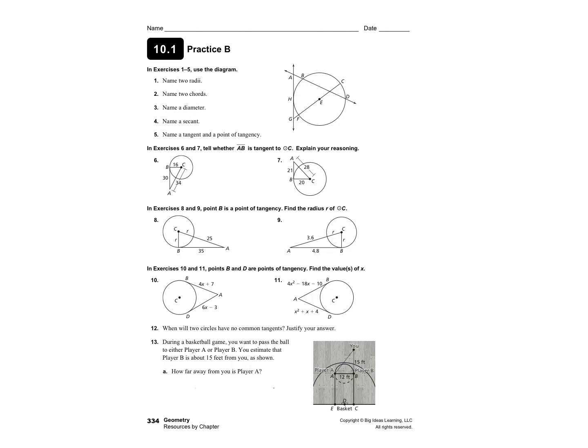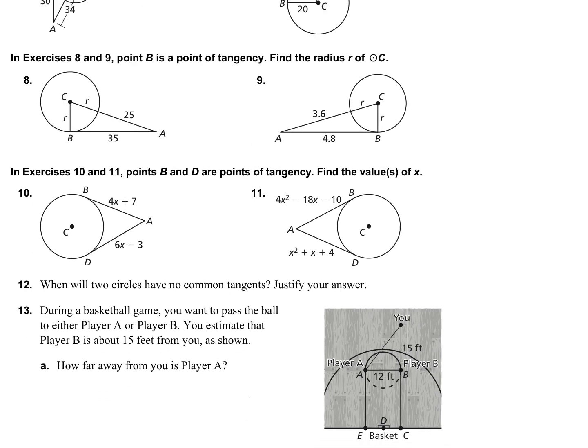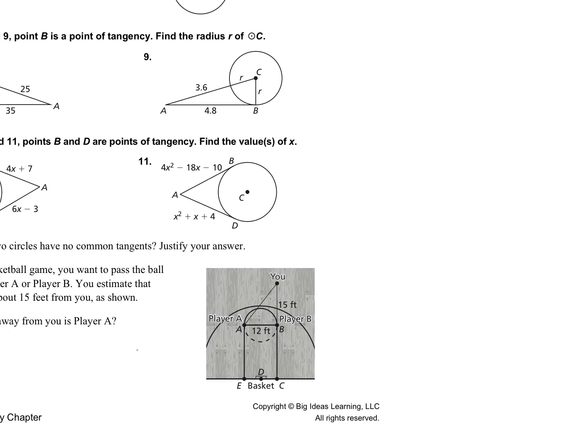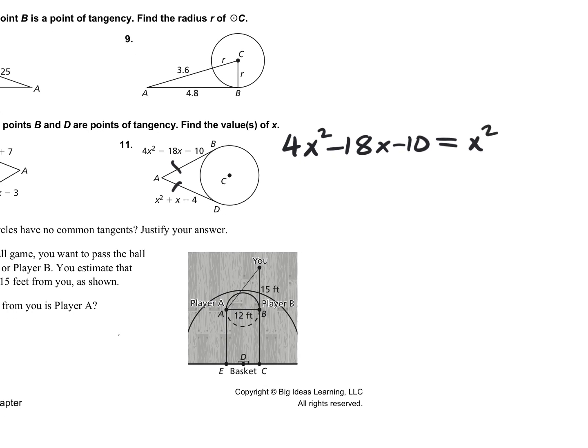So this was on the quiz, number 11. However, when it was on the quiz, it was like number 10, where you didn't have to factor. However, tomorrow you will be factoring. So for example, number 11 is a good one to practice. So we learned a theorem that stated when 2 tangents meet at the same common endpoint, that these 2 tangents would be congruent. So I'm going to be setting 4x squared minus 18x minus 10 equal to x squared plus